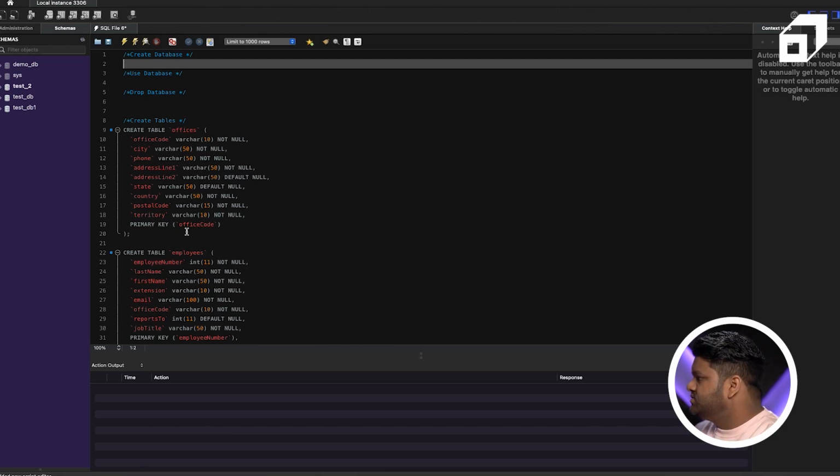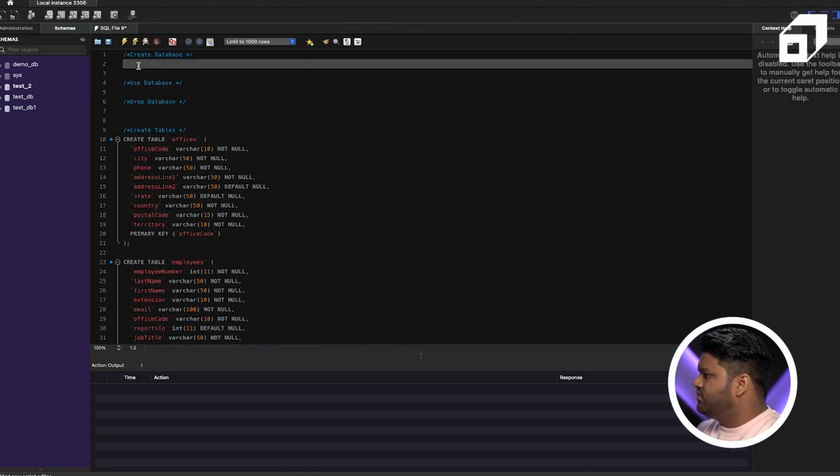All right, so similar thing we can see, these are the default databases like sys, but this DemoDB, test2, testdb, testdb1, this is something which I already created, but here we will create a fresh one. So what's the command for that one? Create database, and we can give a database name here. So for that one,